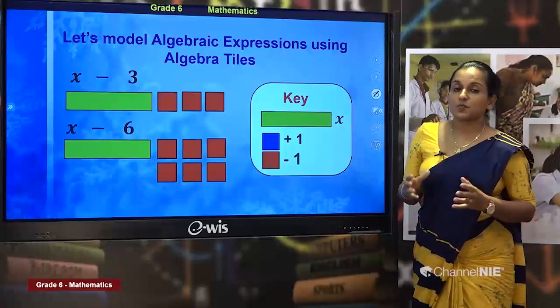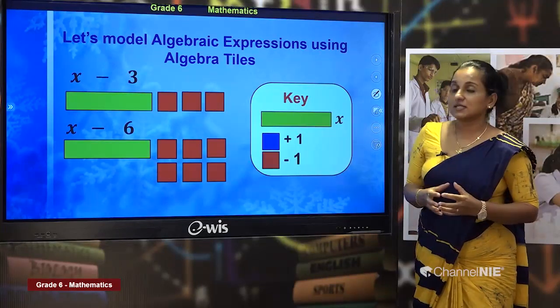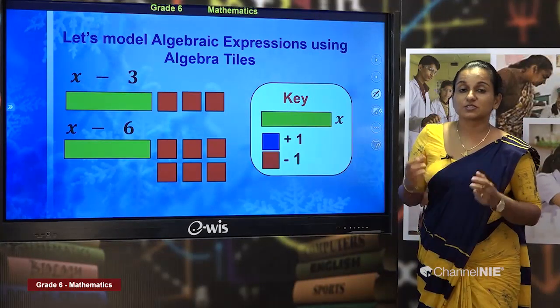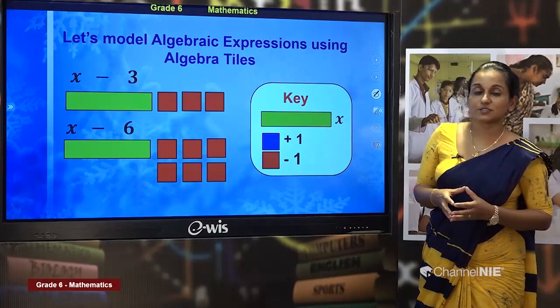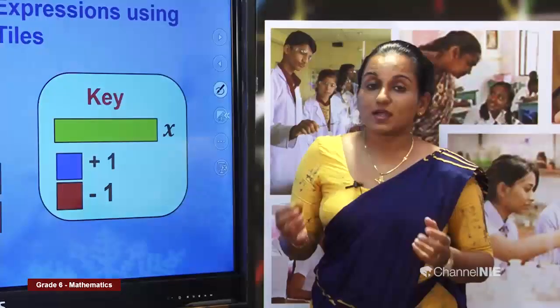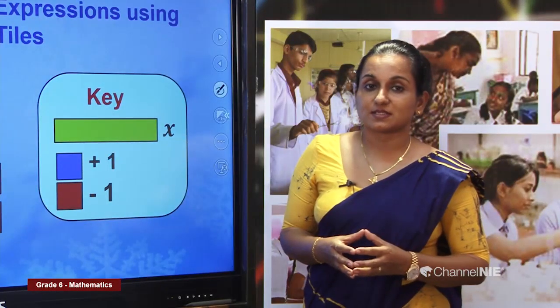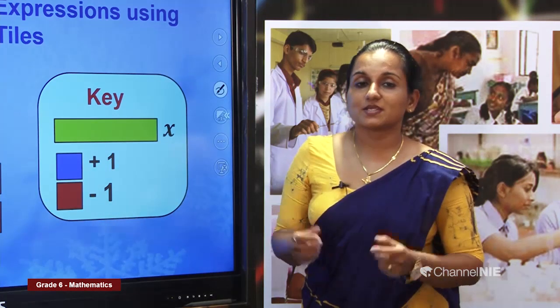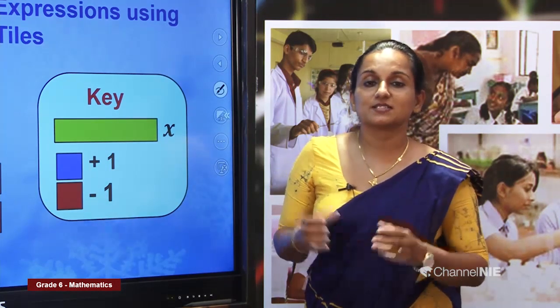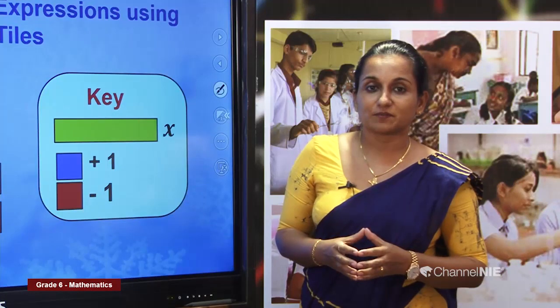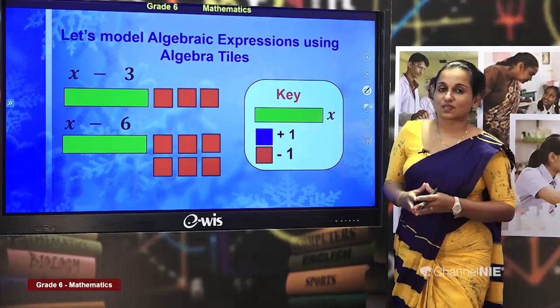Now you can practice modeling algebraic expressions using algebra tiles too. Where can you find algebra tiles? You can make your own algebra tiles using some cardboard, like I did. Okay,